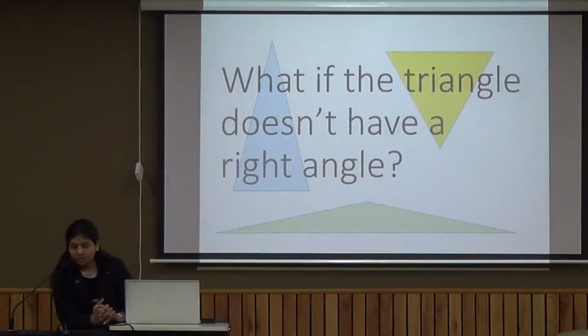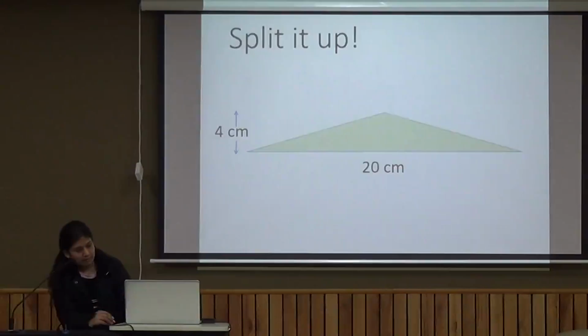Now, suppose that a triangle does not have a right triangle shape. That is, it is not evident in the figure that the height is mentioned. How do you calculate the area of such a triangle? Suppose an isosceles triangle or a scalene triangle. In such a case, we try to split the triangle and find the height as well as the base. Suppose in this figure, it is a scalene triangle if not isosceles.